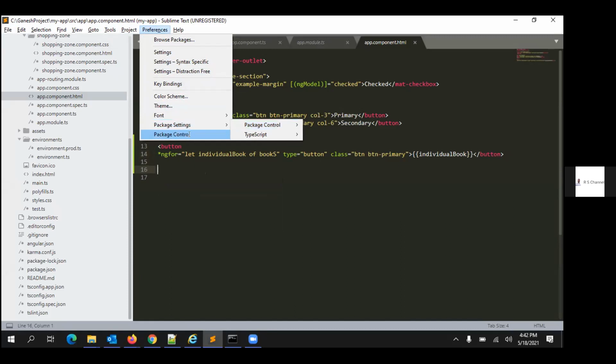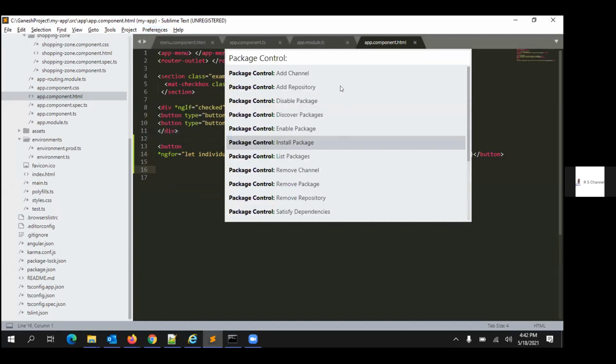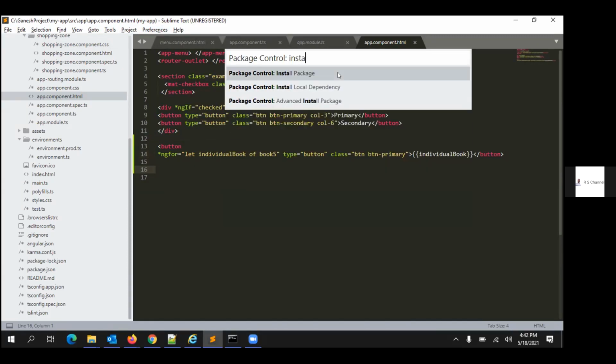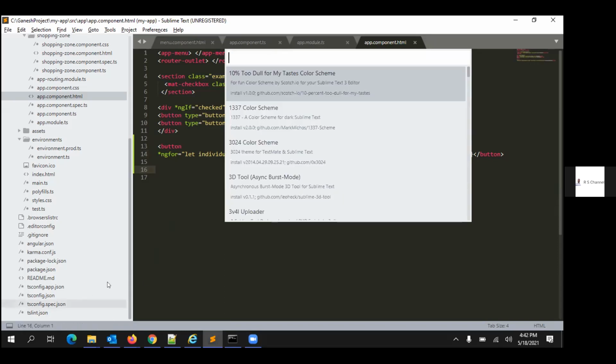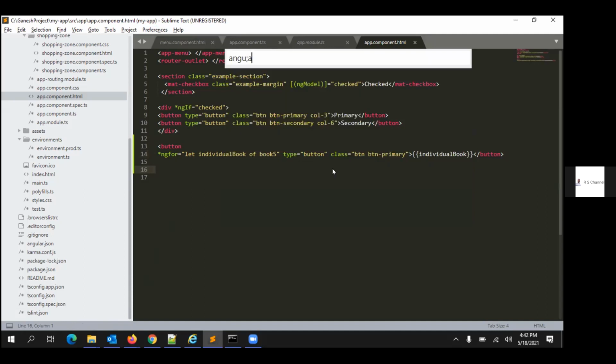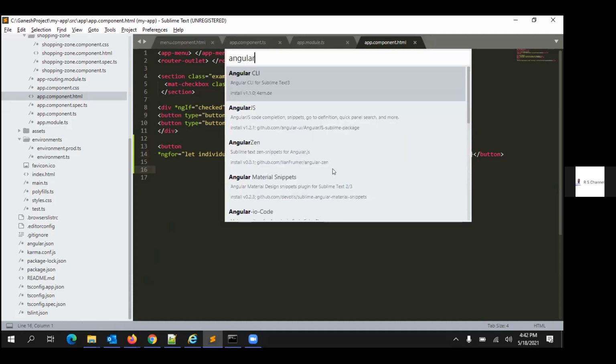Package control. Yes. Install package. Click on that, install package. Now type Angular. Angular CLI, not Angular JS, Angular CLI. Can you click on that?